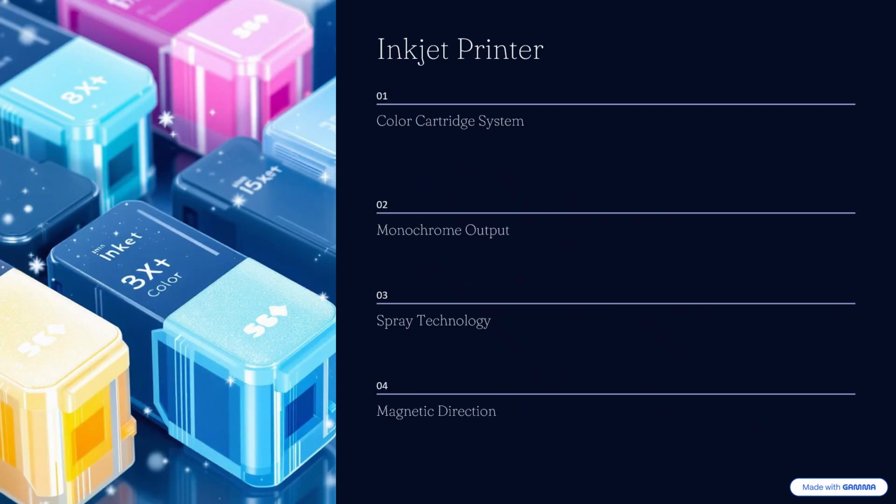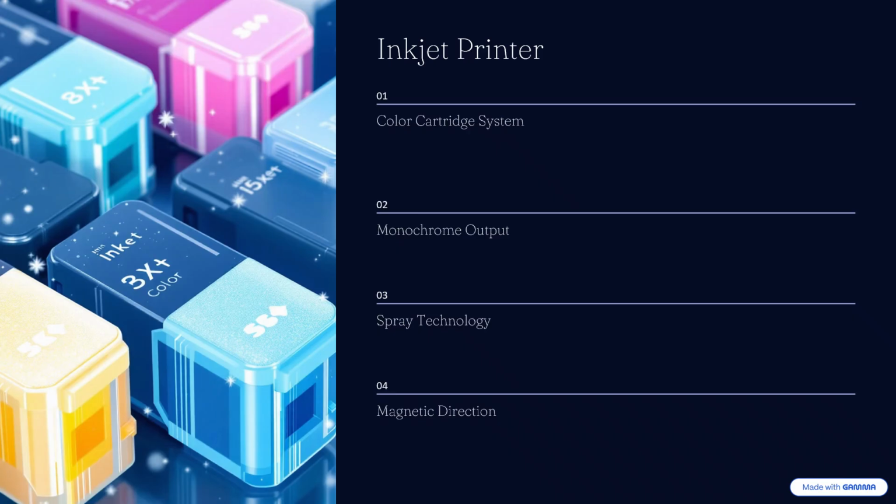The next printer is the inkjet printer. The inkjet printer is also known as a color printer. The first feature is the color cartridge system. Inkjet printers use color cartridges which combine magenta, yellow and cyan inks to create color tones. A black cartridge is also used for crisp